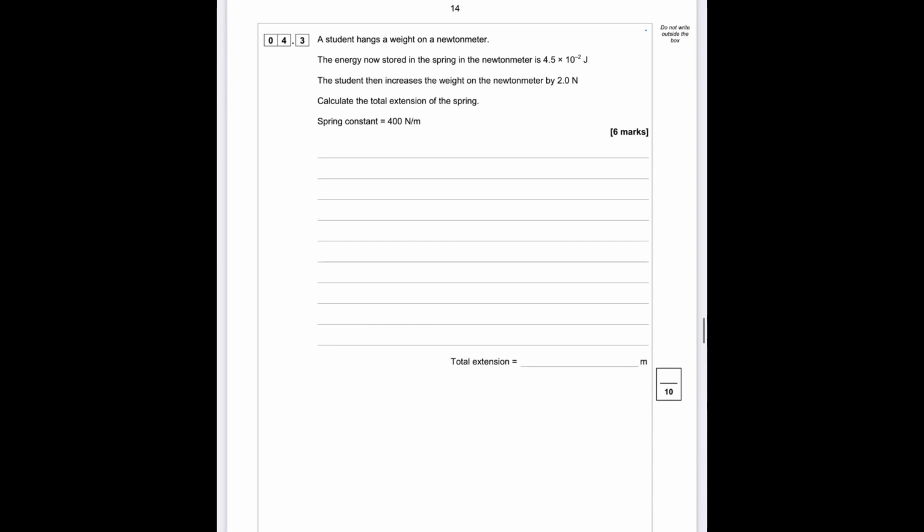Now, in this next question, a student hangs a weight on a Newton meter. The energy stored in the spring in the Newton meter is 4.5 times 10 to the minus 2 joules. The student then increases the weight on the Newton meter by 2 newtons. Calculate the total extension of the spring, and the spring constant is 400 newtons per meter. So, first of all,